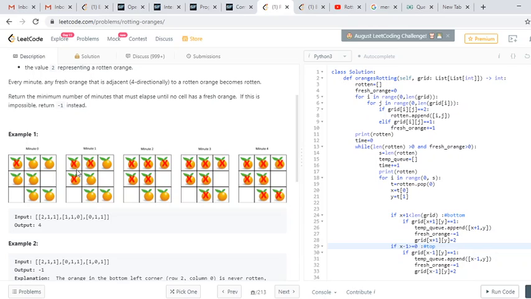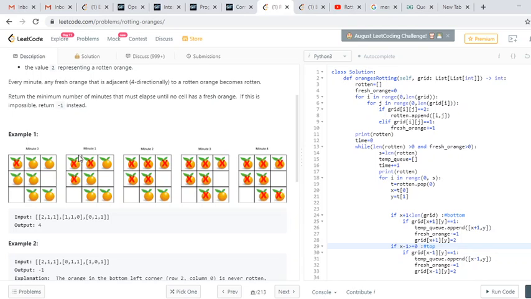The logic is that, suppose first of all, in minute 0, here is our rotten orange. In minute 1, it will rot the nearby oranges on its left, right, top and bottom.